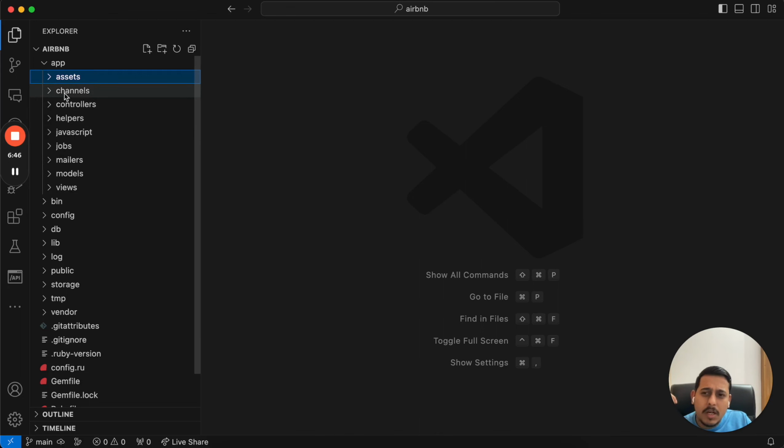Channels we can ignore for now, but we normally use this if we are implementing any TCP UDP might be a bit complicated terms here, but for example, if you're using a chat application, so there, whatever communication happens using sockets, we use channels for that. The code is written in this. Controllers,